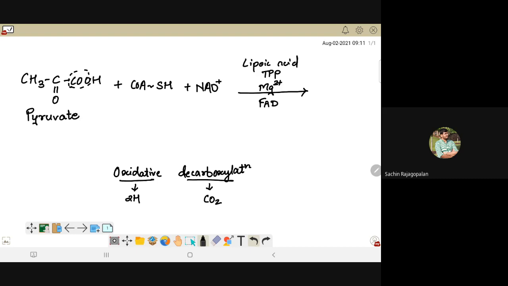Okay, so you will see that this will give me CH3, C double bond O, S CoA, because I will attach coenzyme A there instead. Okay, so that will be the difference. And now I have two hydrogens at disposal. One is here, another is with the sulfhydryl group, which will go with NAD to give me NADH and H plus. I'm repeating again. I removed the carboxyl group COO, released it as carbon dioxide. Instead I attach their coenzyme A.